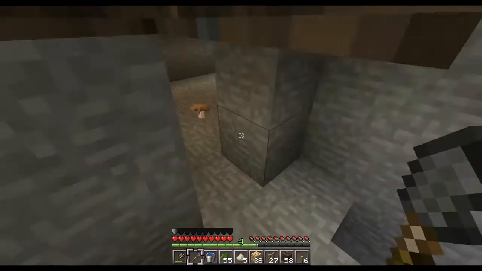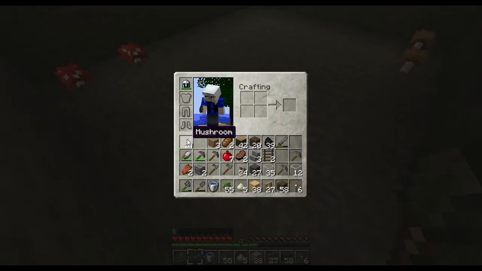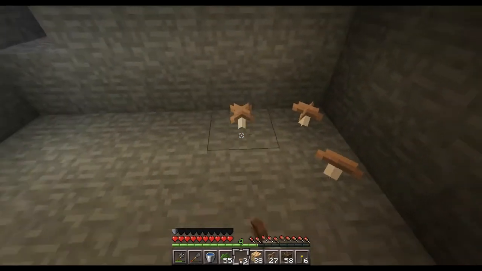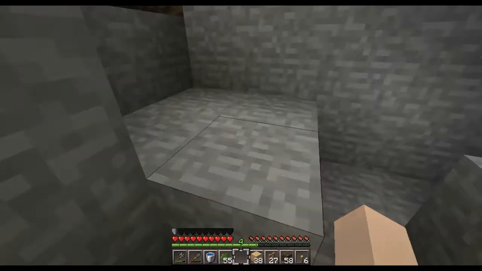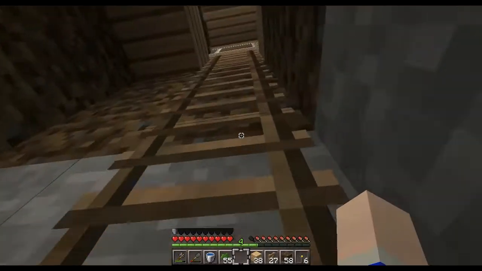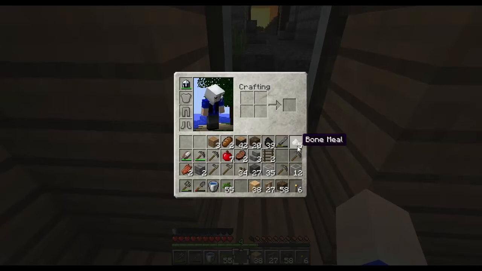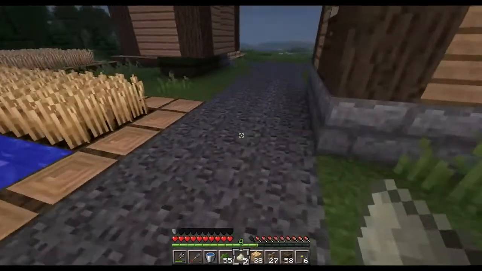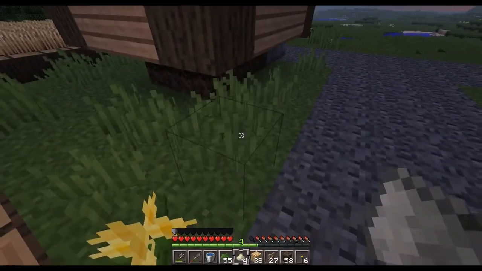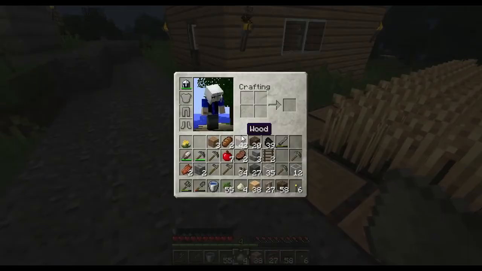Let's check on my mushroom farm. Sweet. We got more mushrooms. They're spreading. You can also use bone meal on mushrooms. However, it's not going to instantly grow them like grass does outside. Say if I took the bone meal here, and I stepped outside and I hit some grass with it, it'll basically quick grow the grass like so, and it'll occasionally spawn flowers, which you can use again for coloring. But